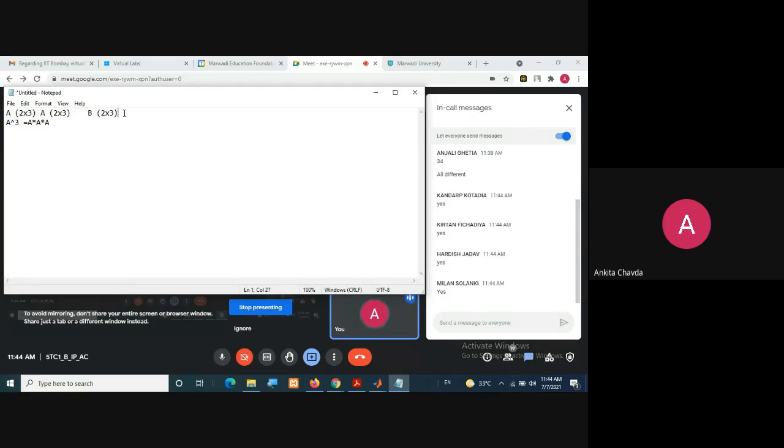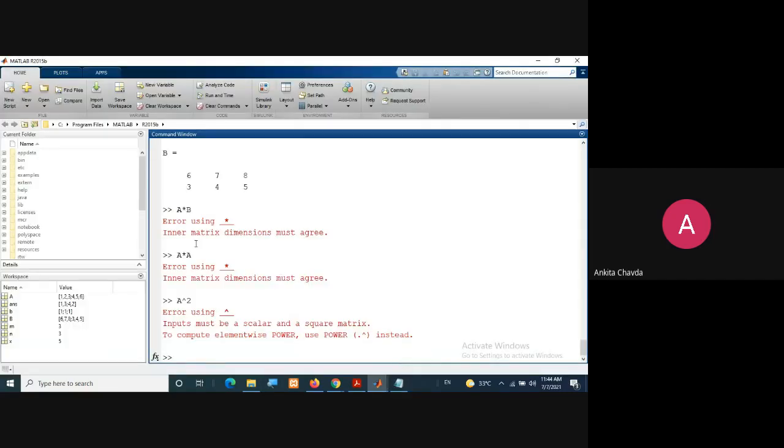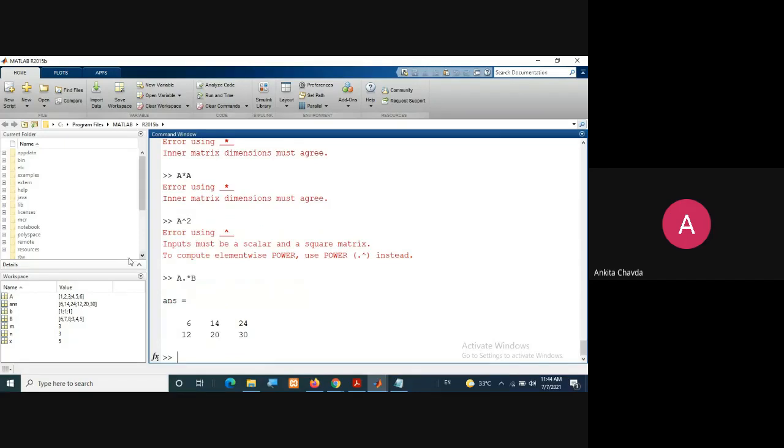Then what is possible? What is the solution? You can use element-wise multiplication. How can you do this? A dot star B. Now this is possible because it will just do element-wise multiplication, not matrix multiplication.